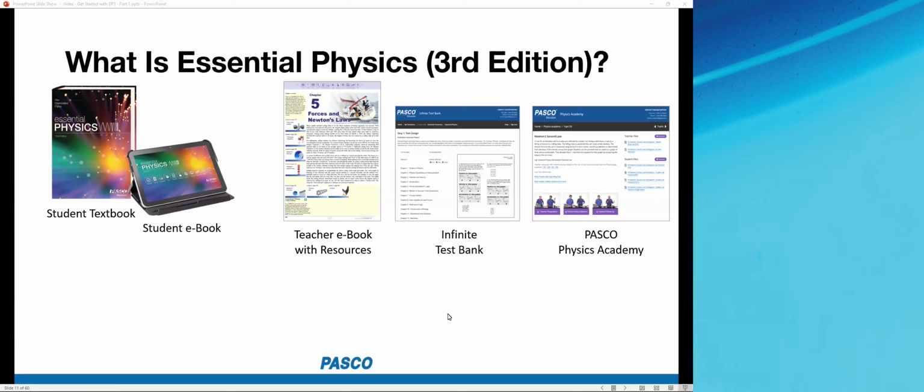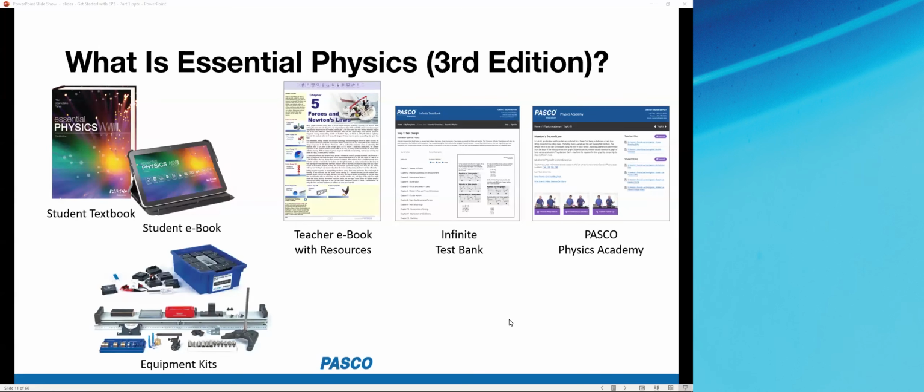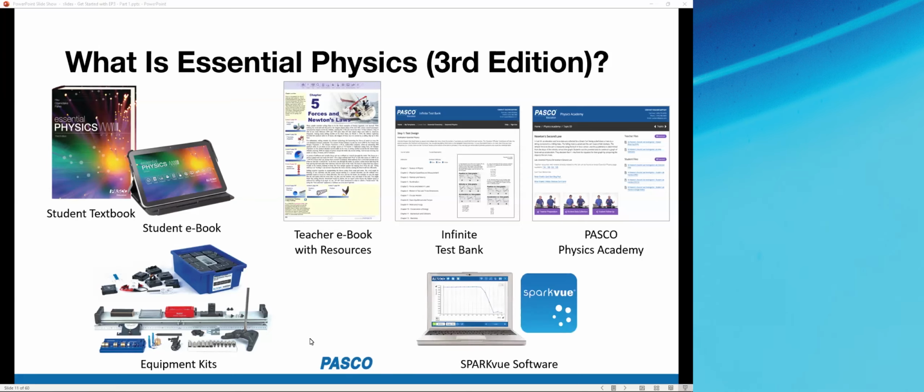So we'll see what's in the Physics Academy to support you as well. There's also a physical component here that includes equipment kits, and some of the equipment kits, or all the equipment kits, include sensors and other apparatus. Those sensors work with our SparkView software. So the equipment kits and SparkView software will be the focus of part two's webinar, but in this part one,